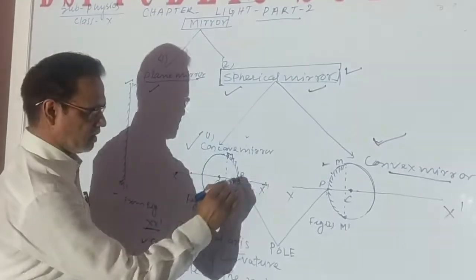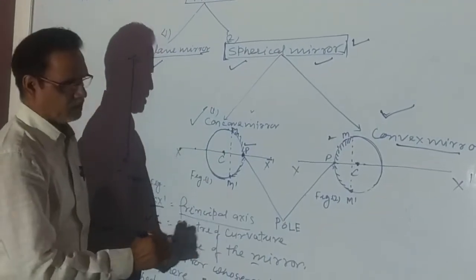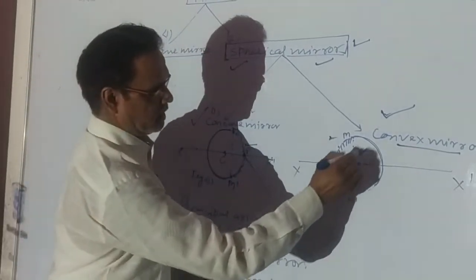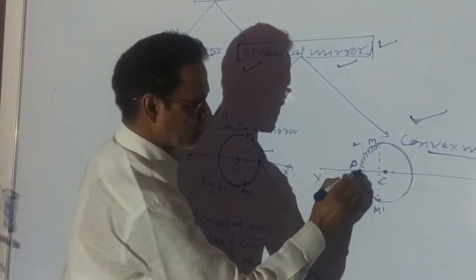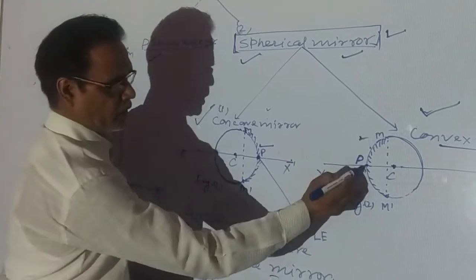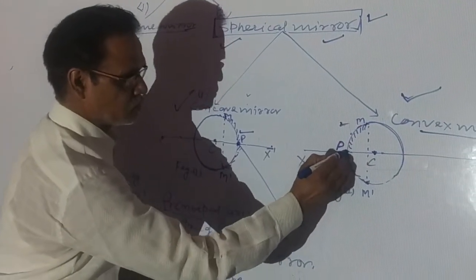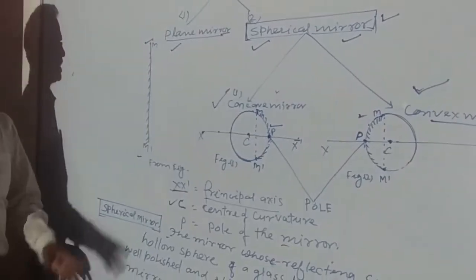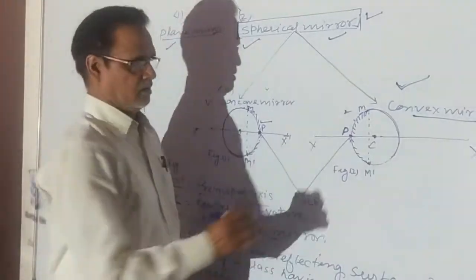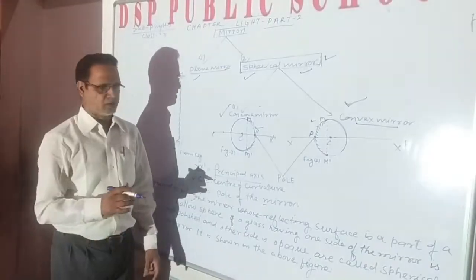In concave mirror this is the pole P, it is indicated by P, and in convex mirror this is the pole, मिड पॉइंट ऑफ द मिरर. मिरर का जो मिड पॉइंट होता है, मध्य बिंदु, उसको कहा जाता है पोल. तो ऑल द डिस्टेंस आर मेजर्ड फ्रॉम पोल इन स्फेरिकल मिरर. पोल से ही सभी दूरियां मापी जाती हैं. आगे पढ़ेंगे इसका मिरर फॉर्मूला.